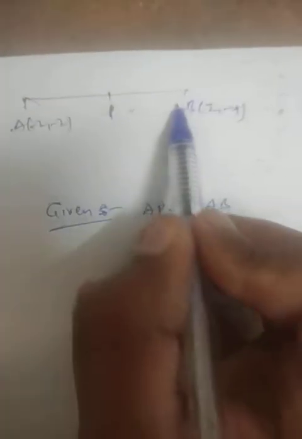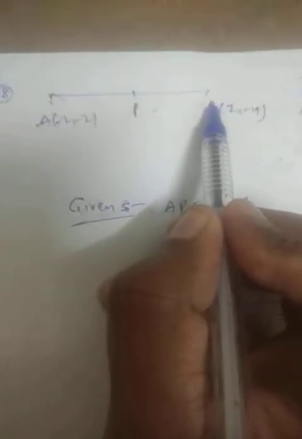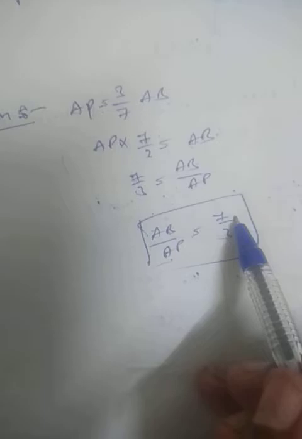Look here. AB means A to B. This total length will be AB. They have given, just imagine, 7 parts. In that, AP is how many parts? 3 parts. See, this AB total parts is 7, they are telling, and this AP is 3 parts. So total is 7. Obviously this will become 4. Once again, AB is 7 parts.